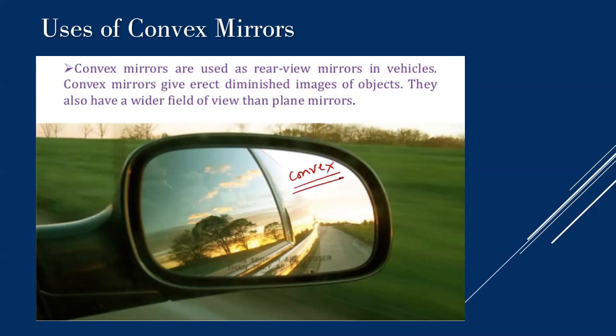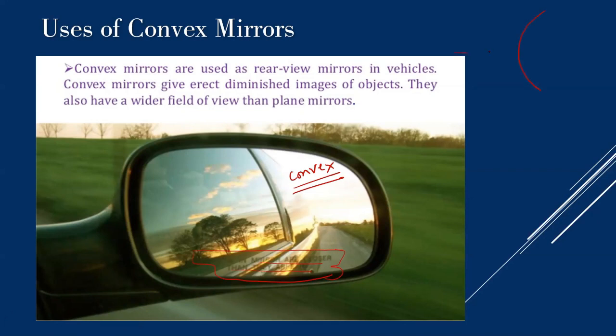What are the image characteristics of a convex mirror? First of all, we are able to see inside the mirror always because virtual images are formed in it. And the images are always smaller than the object. So if you have observed, in the rear view and side view mirrors of the car, there is a warning given over here: images in the mirror are closer than they appear. And they are also of a smaller size. Because what are the image characteristics of a convex mirror?